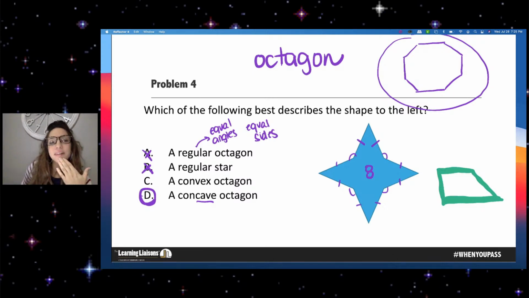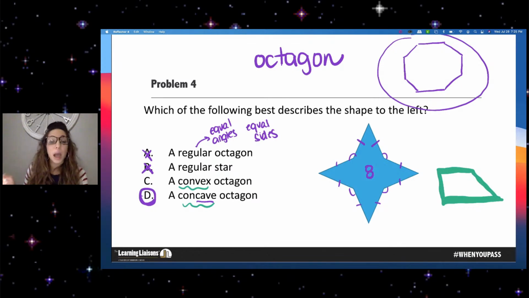Like I said, there's a couple of different ways we could identify that shape. A trapezoid, okay. That's one way we could identify that shape. A rhomboid, okay. I was hoping someone was going to use the vocabulary we just used. If someone wants to be bold and try to use convex or concave to identify that shape, that would be awesome.